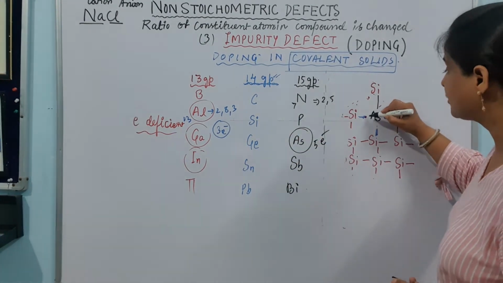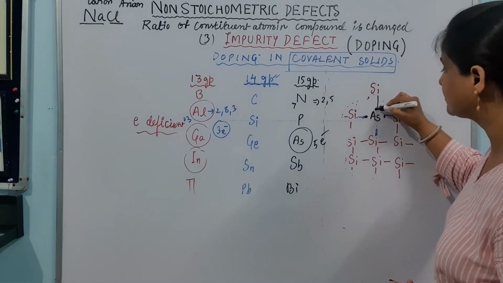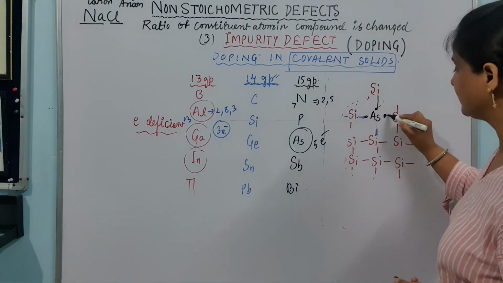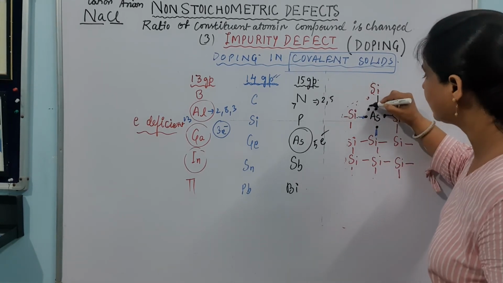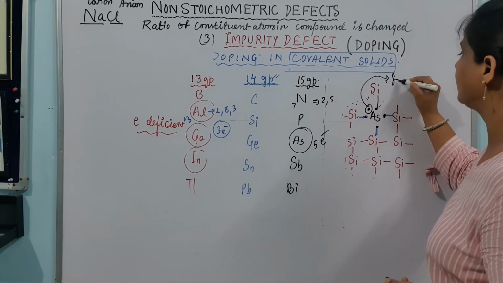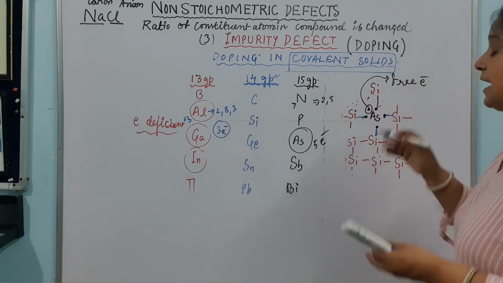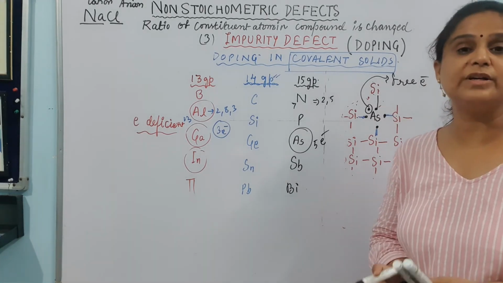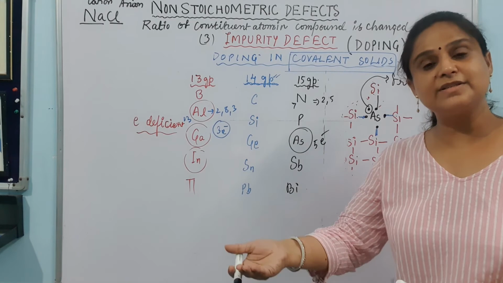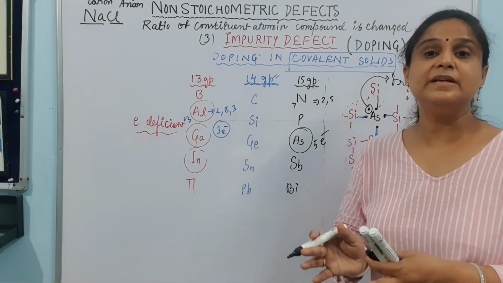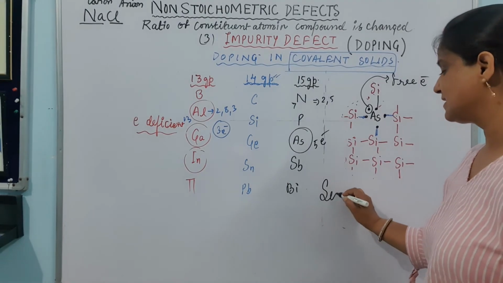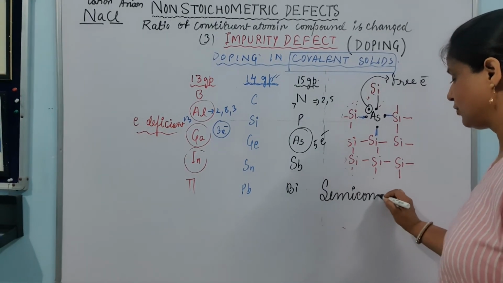If there are 5 electrons, one is bonded with this silicon, one is bonded with this silicon, one is bonded with this silicon, and another is with this silicon. अभी भी एक बचा है. That electron is free electron. And this free electron is ready to conduct the electricity, and just because it is ready to conduct the electricity, this is becoming now semiconductor. Now it is what? Semiconductor. What type of?